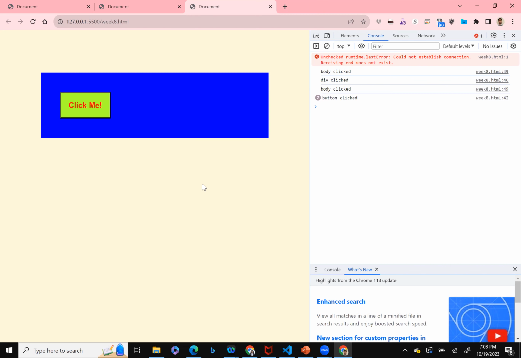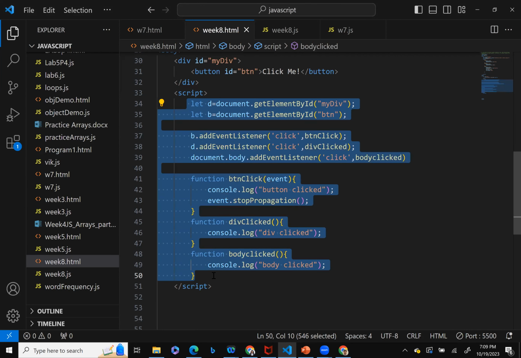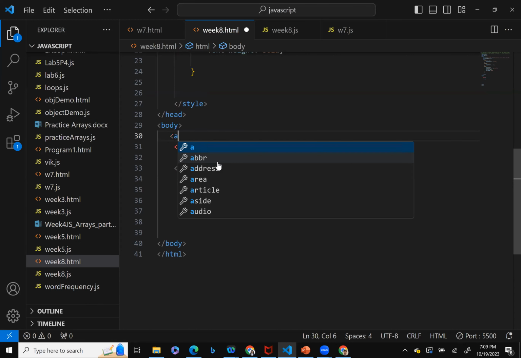Now let's see how you stop the default behavior. To prevent a single click and enable double click, maybe. Not propagation but prevent an event. So let's see how to prevent an event here. Let's get rid of this code, and I'm going to make use of an anchor tag to demonstrate that. So in the body, I'm going to create an anchor tag, and I'm going to say href equals